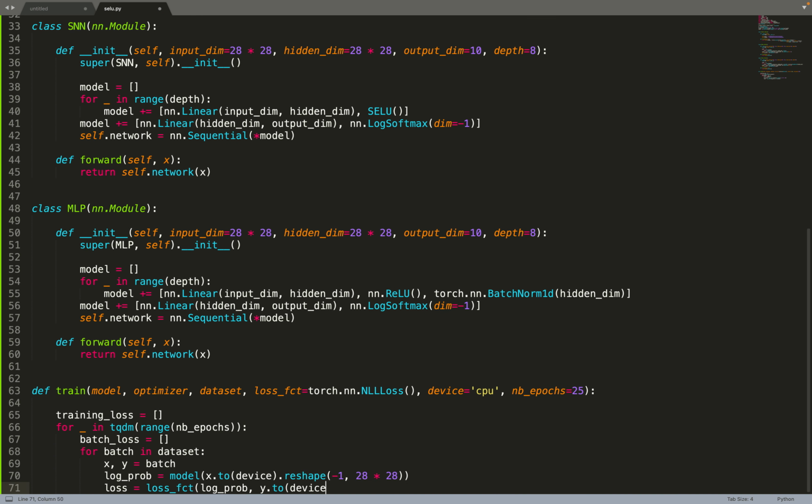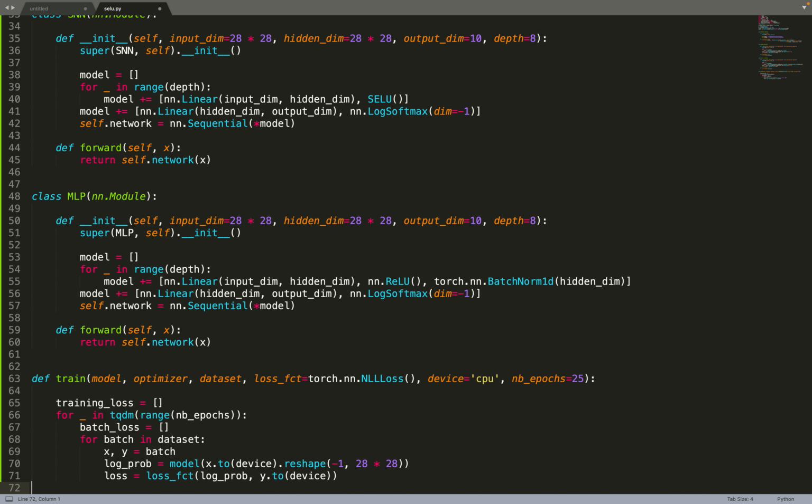So then we can iterate over a number of epochs. During each epoch, we'll iterate batch per batch over the dataset. And then in each batch, we'll extract the input, so the image, and y the target, so the label. We'll compute the log probability of the model for each class. And then we will compute the loss, so we'll use the negative log likelihood loss to compare the log probabilities predicted by the model to the target class, and we want to maximize the probability